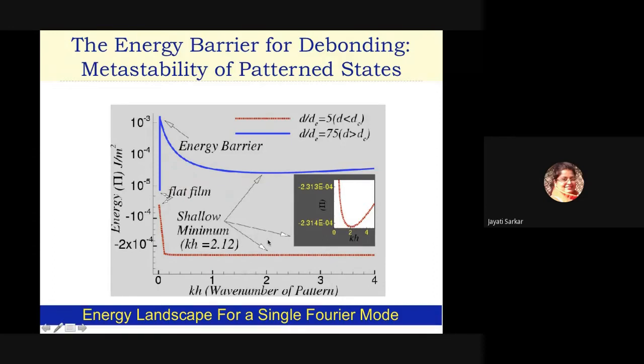But when we are retracting the contactor, this 2.12 is now becoming a local minimum, whereas the flat film is a global minimum. Because while bringing down the contactor, we saw that the flat film was indeed the configuration that we were seeing. But when we are retracting the contactor, the energy of the film is already in this metastable minimum, right? So in order to go from this metastable minimum to the flat film configuration, we need to cross an energy